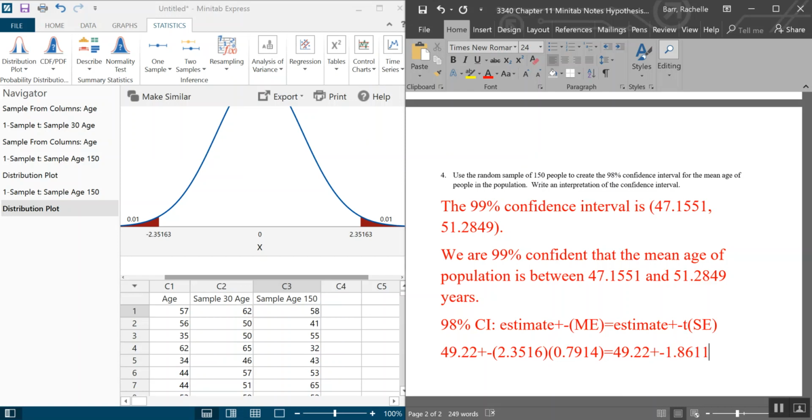8611-ish. So then to get the upper end of the interval I'm going to add, and to get the lower end of the interval I'm going to subtract. So I'm going to take 49.22 and subtract 1.8611, and that'll give me 47.3589. Me yelling numbers is so interesting. And then I'm going to add them together, so I'm going to do 49.22 plus